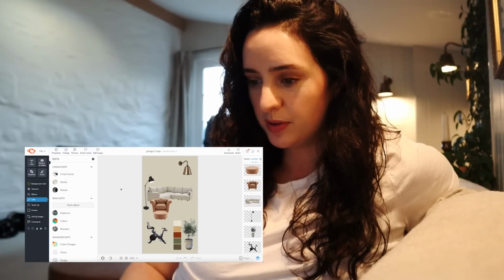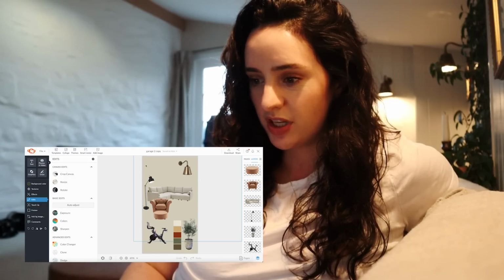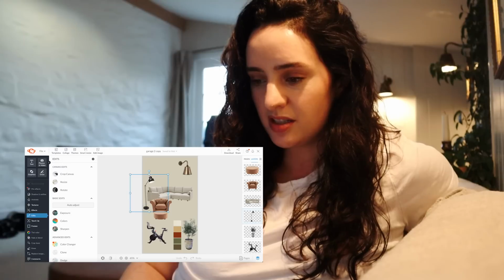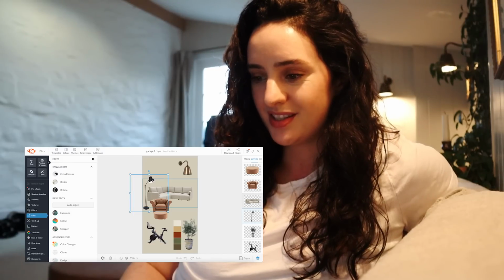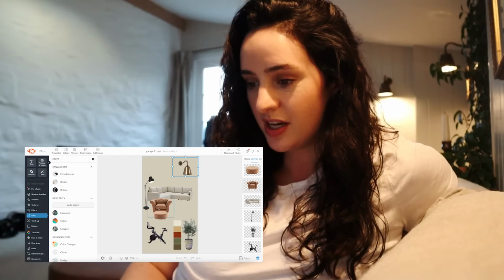Here's an example of our garage. This was the colour that was on the wall. I literally just swatched it from the website. I think we ended up not using this light. There was no space, and my sister has this light now. But these are the lights we used. The sofa, the chair,